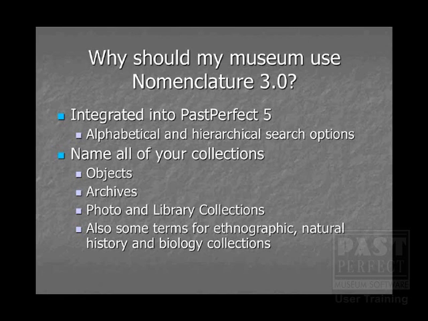Generally speaking, nomenclature is usable in some sense, even if it's a little more broad, for all types of your museum collection. We at Past Perfect, one of the things we try to preach to our clients is that following a nomenclature or an authority file to get that data consistency is really, really important. It allows you to do a lot of things in the future, whether it's combining data,